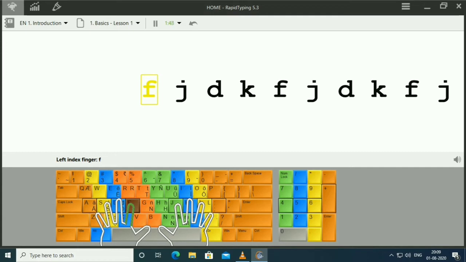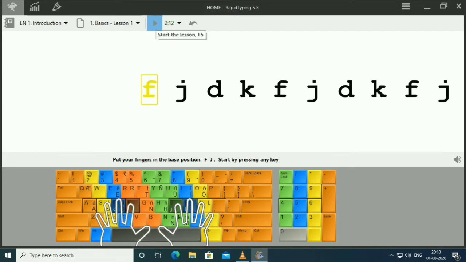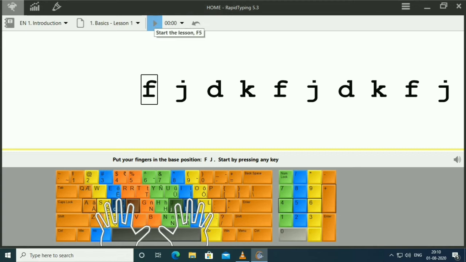The base position on the numeric pad is the number 5 key for the middle finger, 4 for the index finger, and 6 for the ring finger. The numeric pad simplifies and speeds up numerical data input. Uppercase letters and symbols appearing on keys in the numbers row are typed by one hand, with the little finger of the other hand holding down the shift key. Do not look at the keyboard, children, while typing. Try to locate the right key with your fingers.